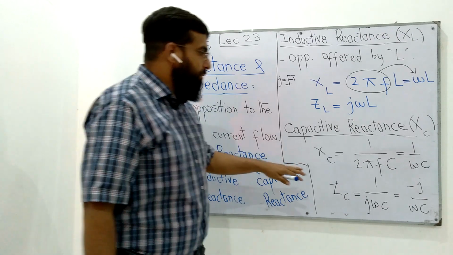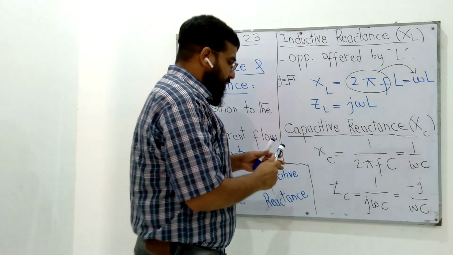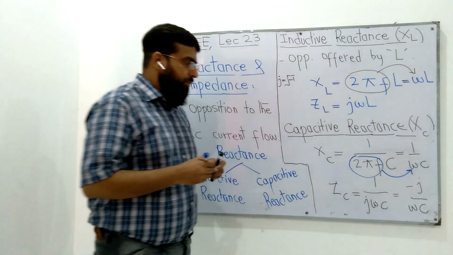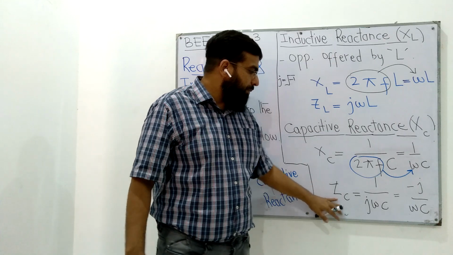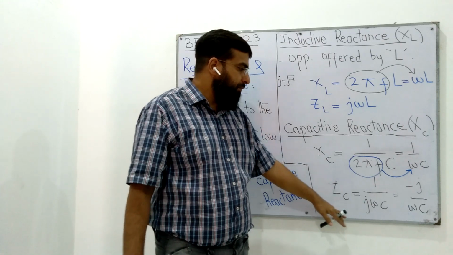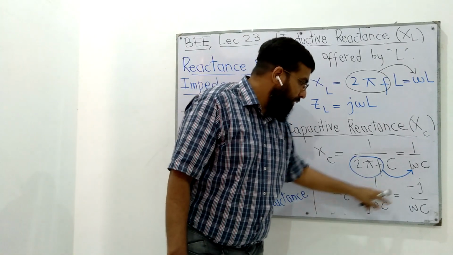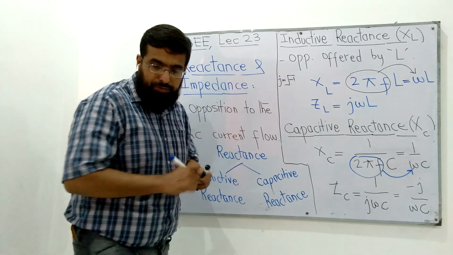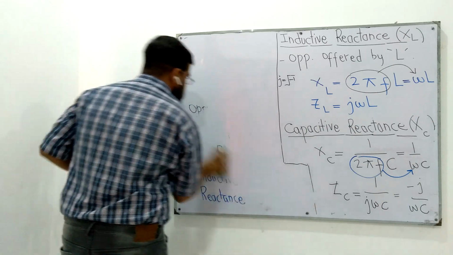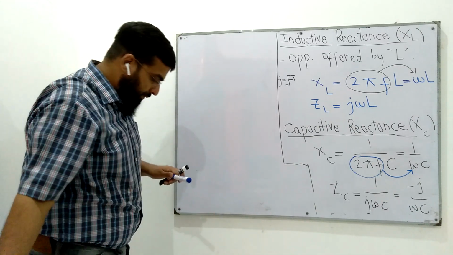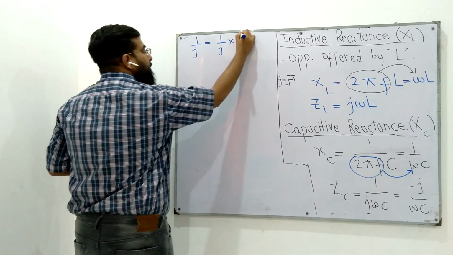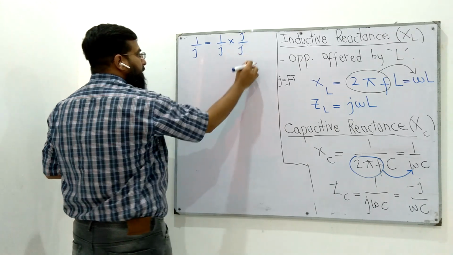Capacitive reactance is 1 over 2 pi Fc, where 2 pi F is omega, so it can also be written as 1 over omega c, and the impedance offered by a capacitor is 1 over j omega c. Well, this 1 over j can also be written as minus j, because we have studied in our earlier classes that 1 over j is a complex number, and if you multiply it with j and then divide by j,